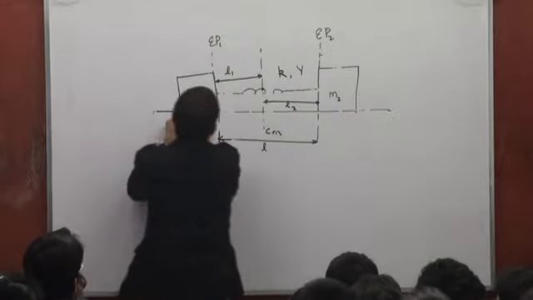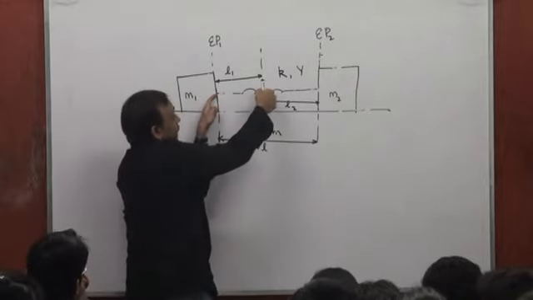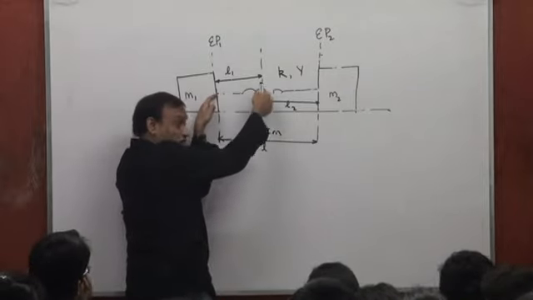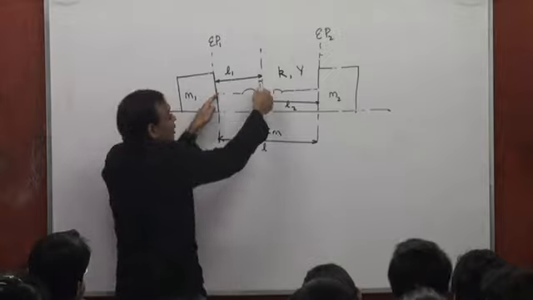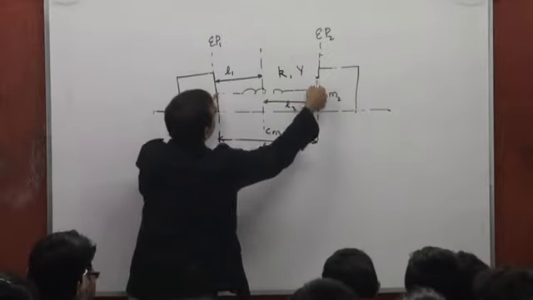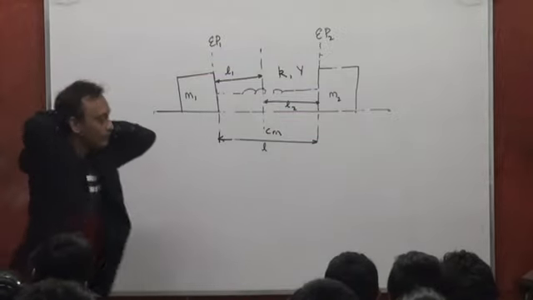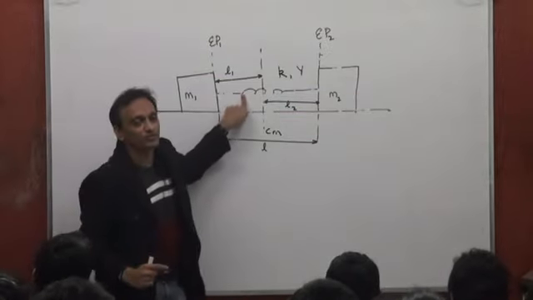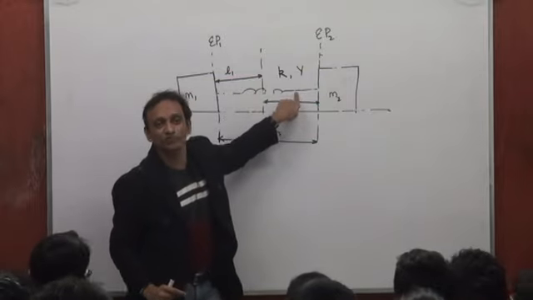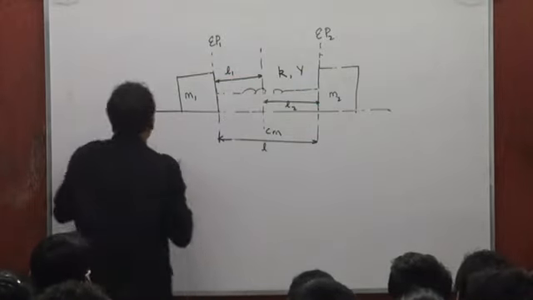Similarly, M1 is under the influence of a spring of force constant, let's say K1, which is this length of the spring L1, whose force constant obviously will be different than the force constant of a length L, right? So if I can compute the K1 for this, and I can compute the K2 for this, then I know